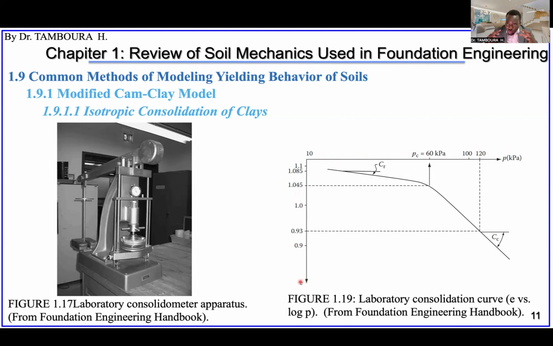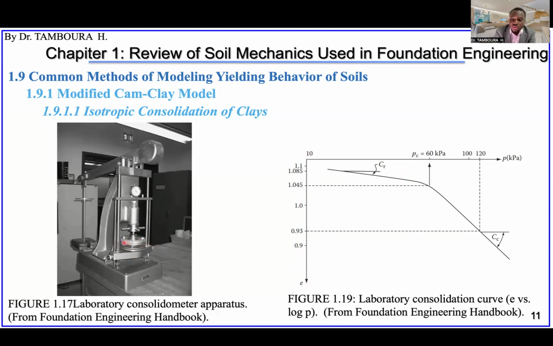Like if you compress a soil element, the force you are using to compress it results in stress, then we deform the soil element. This deformed soil element will decrease the volume, right? So somehow this is also a relationship between stress and strain. However, this is just one dimension because if you put a soil sample here and press it only in this vertical direction, the deformation is not allowed in the other direction,